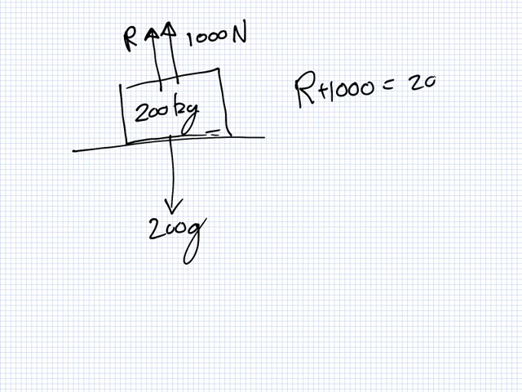Because the block seems not to move, which means there's an equal force. Yeah, it's not moving, so there's an equal force up and down. But why did you add the R and the 1,000 together? The total force. Yeah, it's the total force. So the total upward force equals the total downward force. So in this case, the R is actually